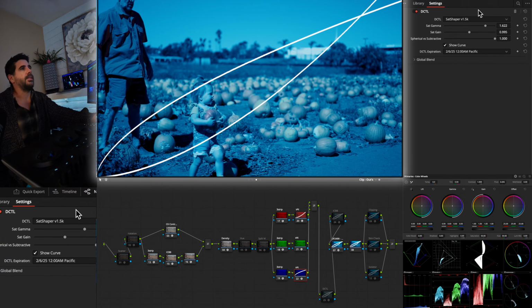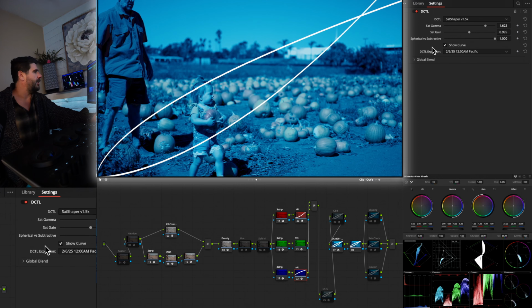And a lot of that can shape also the curve and what it looks like to be off on the